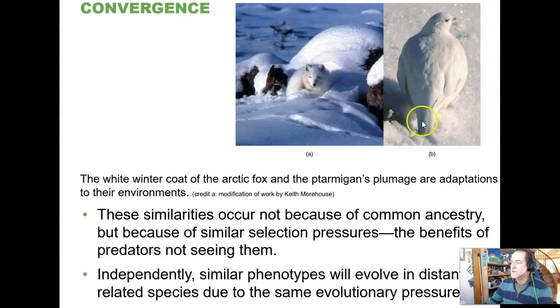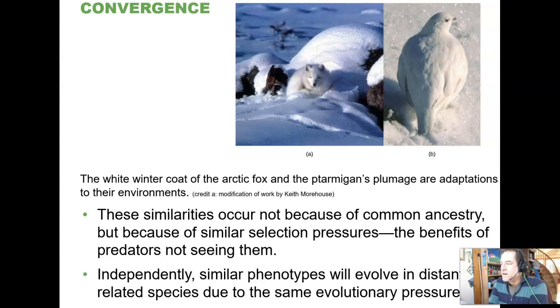So for instance, in here we're looking at coloration. Because this dove is white and this fox is white and polar bears are white and a number of other things, Arctic terns are white, any number of animals, that means that this adaptation, this white coloration right here, is typically actually an adaptation to make them harder to spot, against a white background of snow and ice. In this case, to avoid predation by bigger predators and to hide from prey. In this case, pretty much strictly to hide from prey.